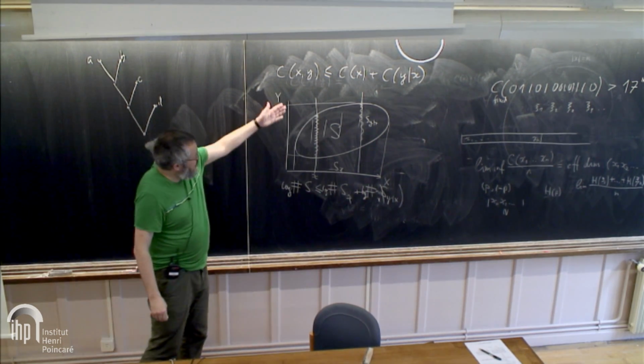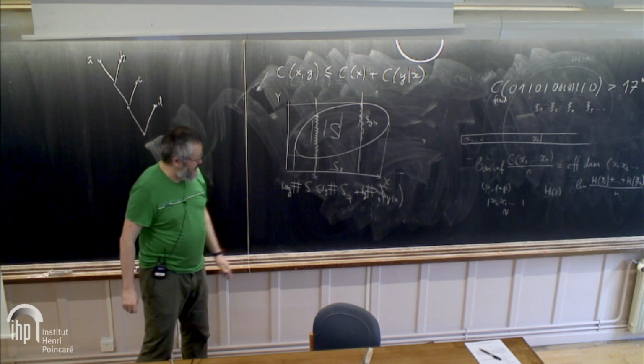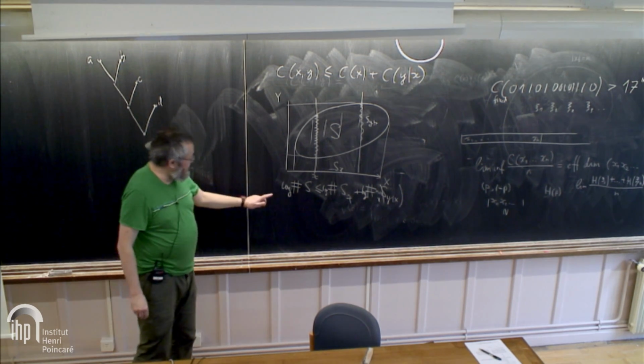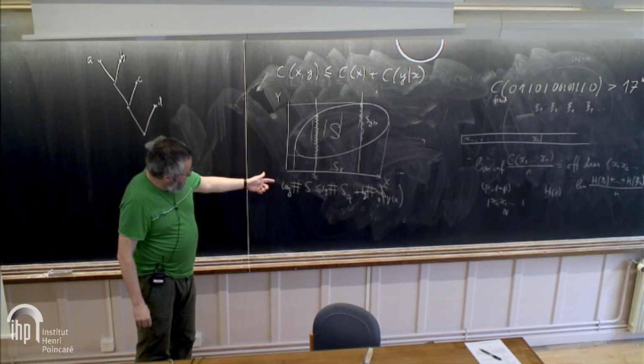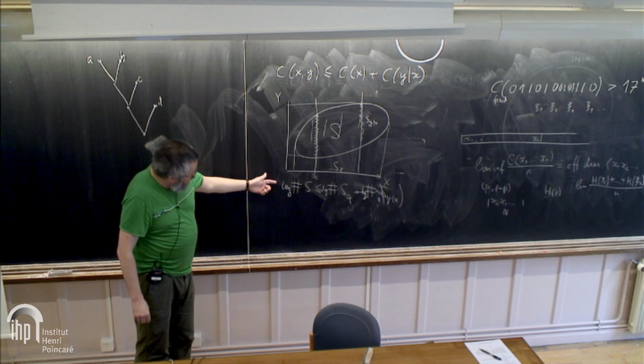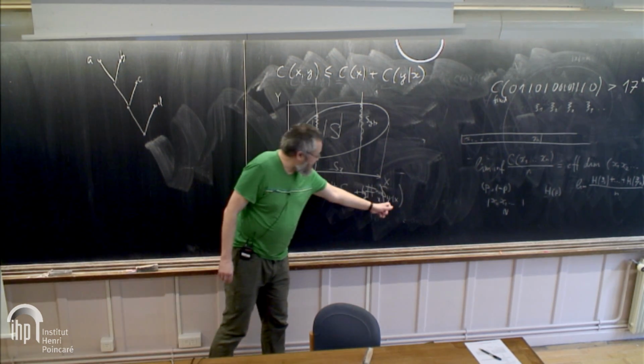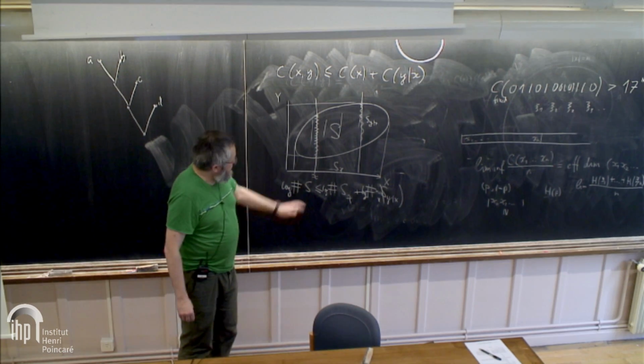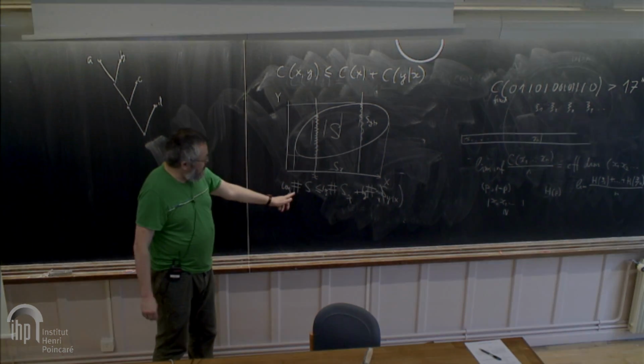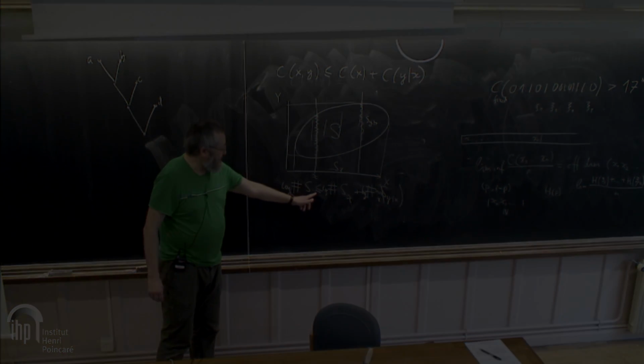It's smaller than the projection of the entire set, because it can go like this. And of course, even if we consider sections, it's only an inequality. We cannot